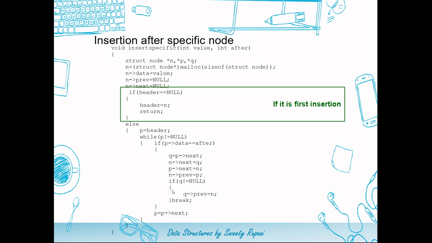This particular thing is written in order, say if your node that you found is a last node, after which there is no node. So in that case, if you try to get a value previous of Q, it is going to result into a runtime error or an exception. So in order to prevent that, we are checking if Q is null. In that case, we would not execute this statement. We will not update previous of Q with a N. So this is how we insert a node after a specific node.